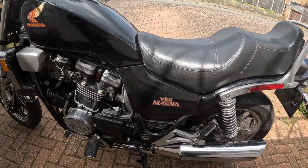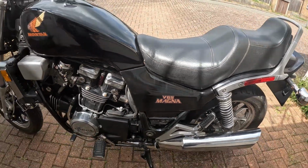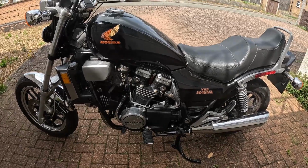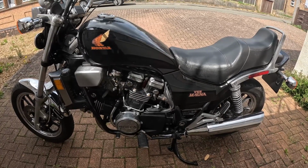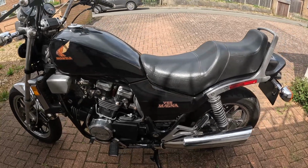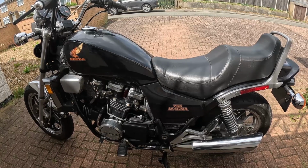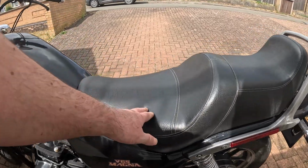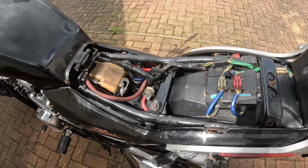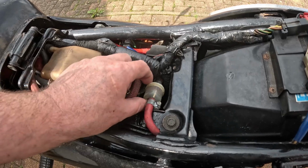But yeah, I think what's happened is that the pickup inside of the auxiliary tank behind here is clogged again. If you remember, I had the camera down inside and it was full of gunk. Well, I did clean it one more time, but I don't think I got all the gunk out of it. And I'm pretty certain that's what's happened, but we're going to find out. I'll take this seat off in a minute and let's have a look underneath there. Okay, so